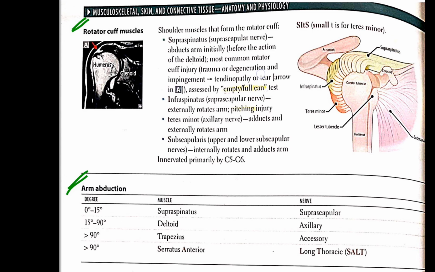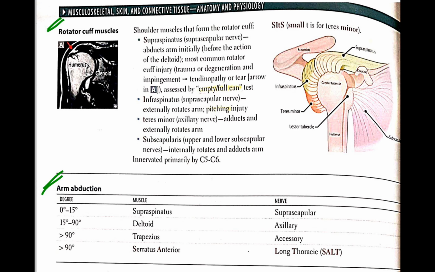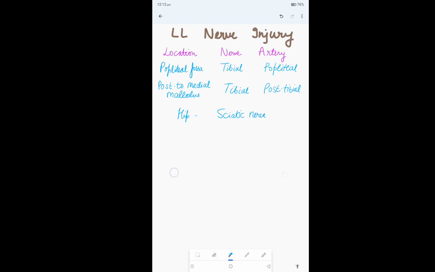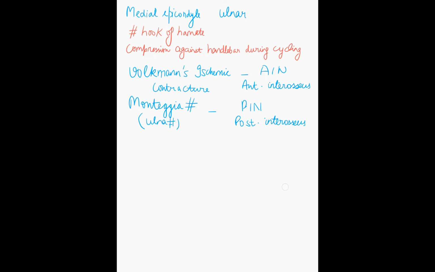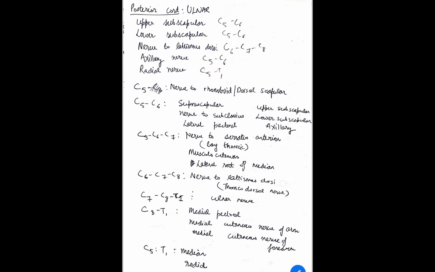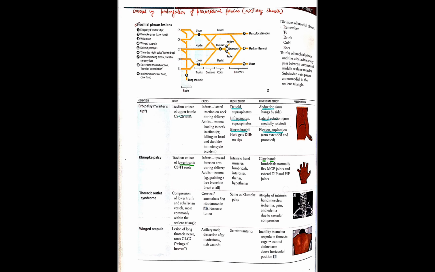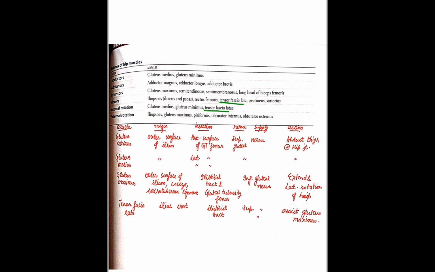And what are the tests for supraspinatus? Empty or full can test. And infraspinatus can be injured in the pitching injury. Then next, we have discussed upper limb nerve injuries. Now let's see a little about the lower limb also. So first we will be seeing the muscles and the origin, insertion, nerve supply and action in relation to the